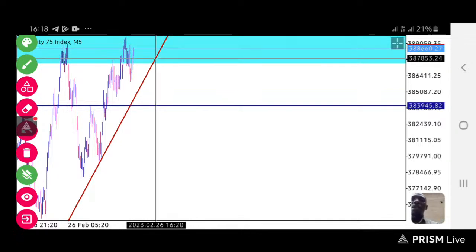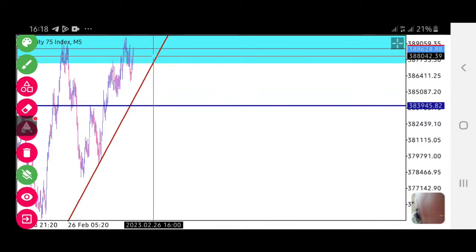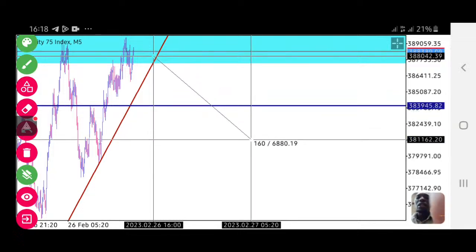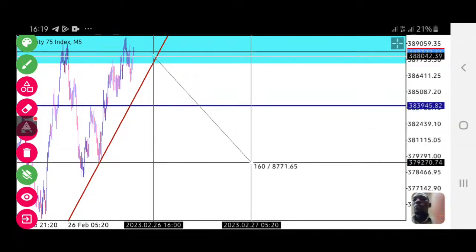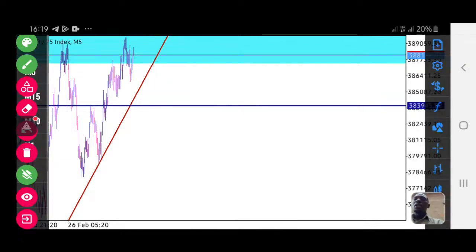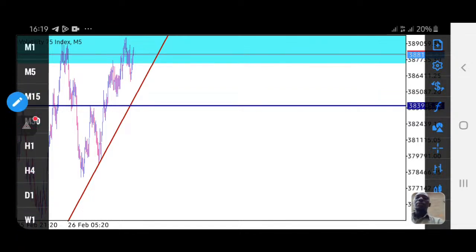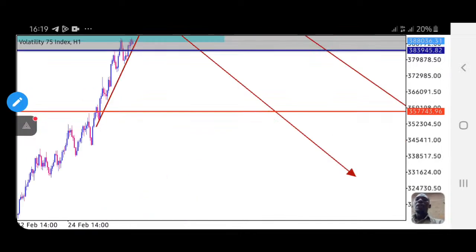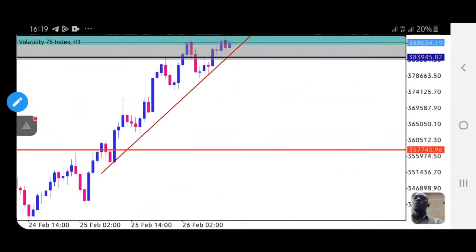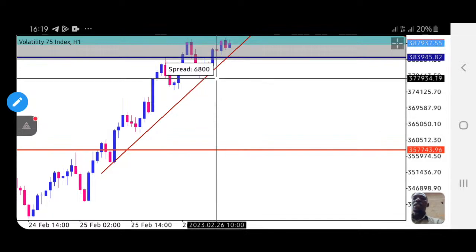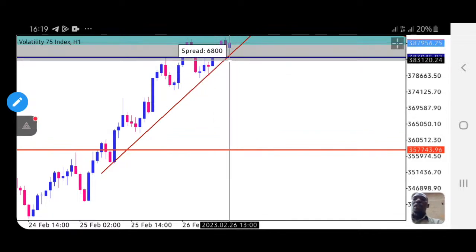For instance, if the market breaks here, you take your entry at 0.01 and bring it down here, you will have almost 160 pips, guys. That is so much, which means you're having $16. If you're trading with $10, you're already in profit. If we go to H1 and see where the TPs are, it's a lot of money, guys. With this strategy, it's really a lot of money.